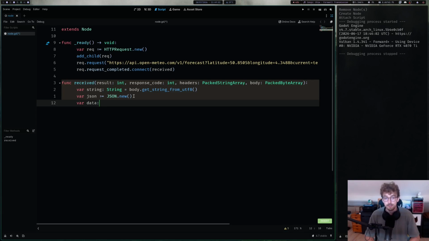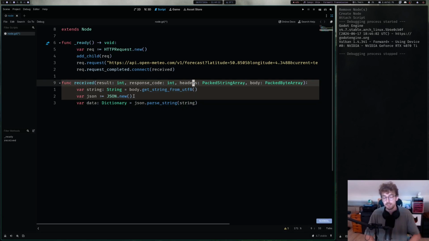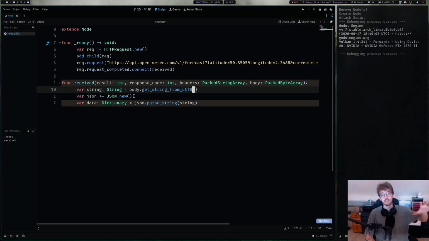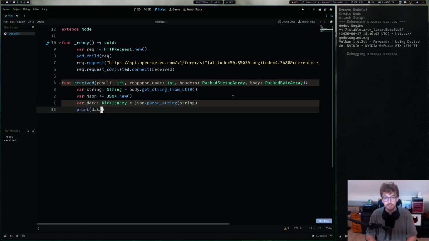I'll just call it data. It's gonna be a dictionary. And this will be equal to json.parseString. So we're going to parse the string that we created from our bytes. So there's a few steps we're going to do with the data we get, because it's transmitted as bytes, to first turn it into a string, then parse it through a JSON variable and put it in a dictionary. And that should be it to receive the data that we want